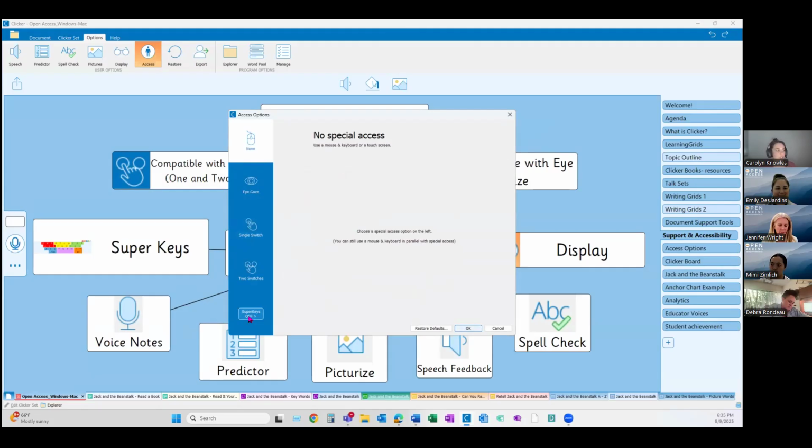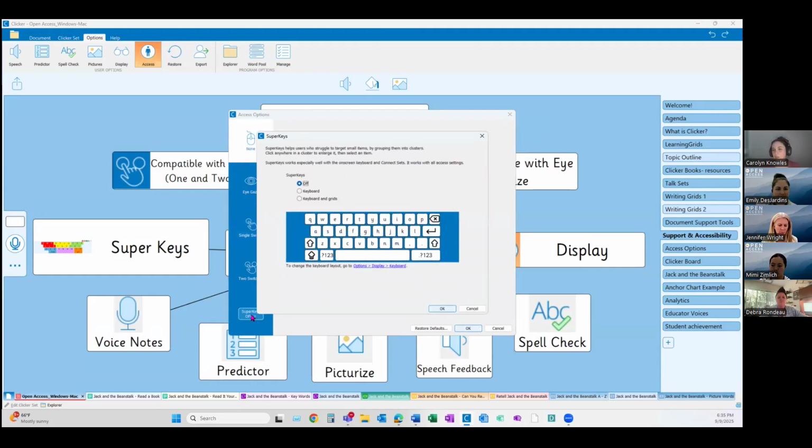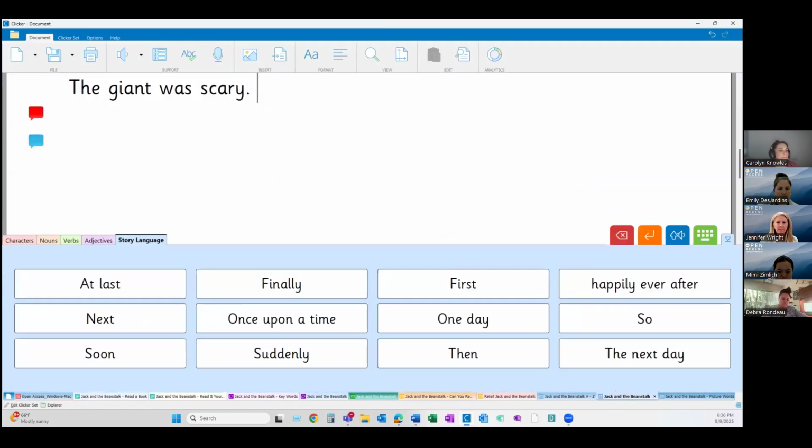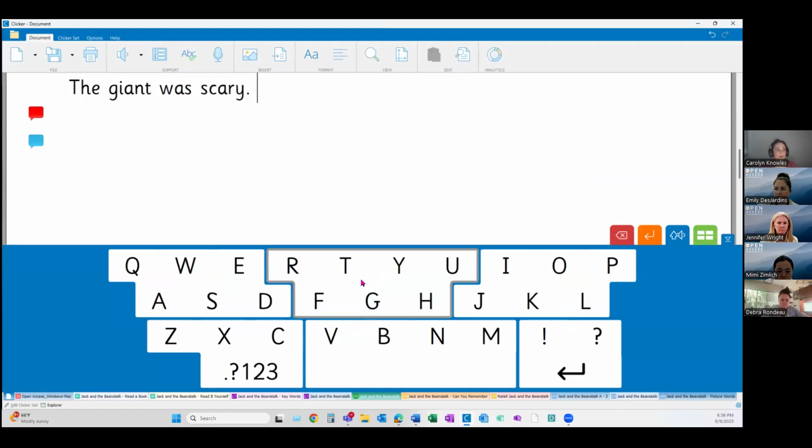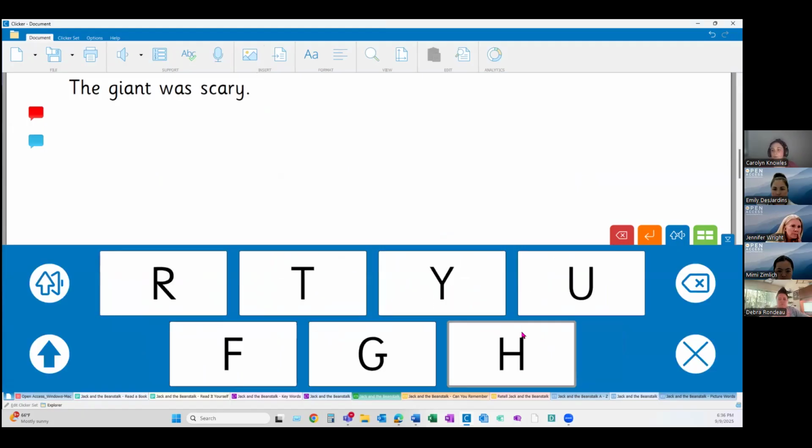And then super keys I wanted to show also. Now this is a different thing, but not everyone always knows this is in Clicker, and I like to show it just in case. I'm going to turn it on for the keyboard and I'll show you this. This essentially clusters the keyboard up and creates fewer targets. There's larger areas for selection. So if I turn this on and I go into our keyboard here, you'll see that it's been chunked up. So if I wanted to type but I select anywhere in this cluster, the whole cluster will blow up larger for me. So it's hopefully easier to make a selection from these than perhaps from the regular keyboard.